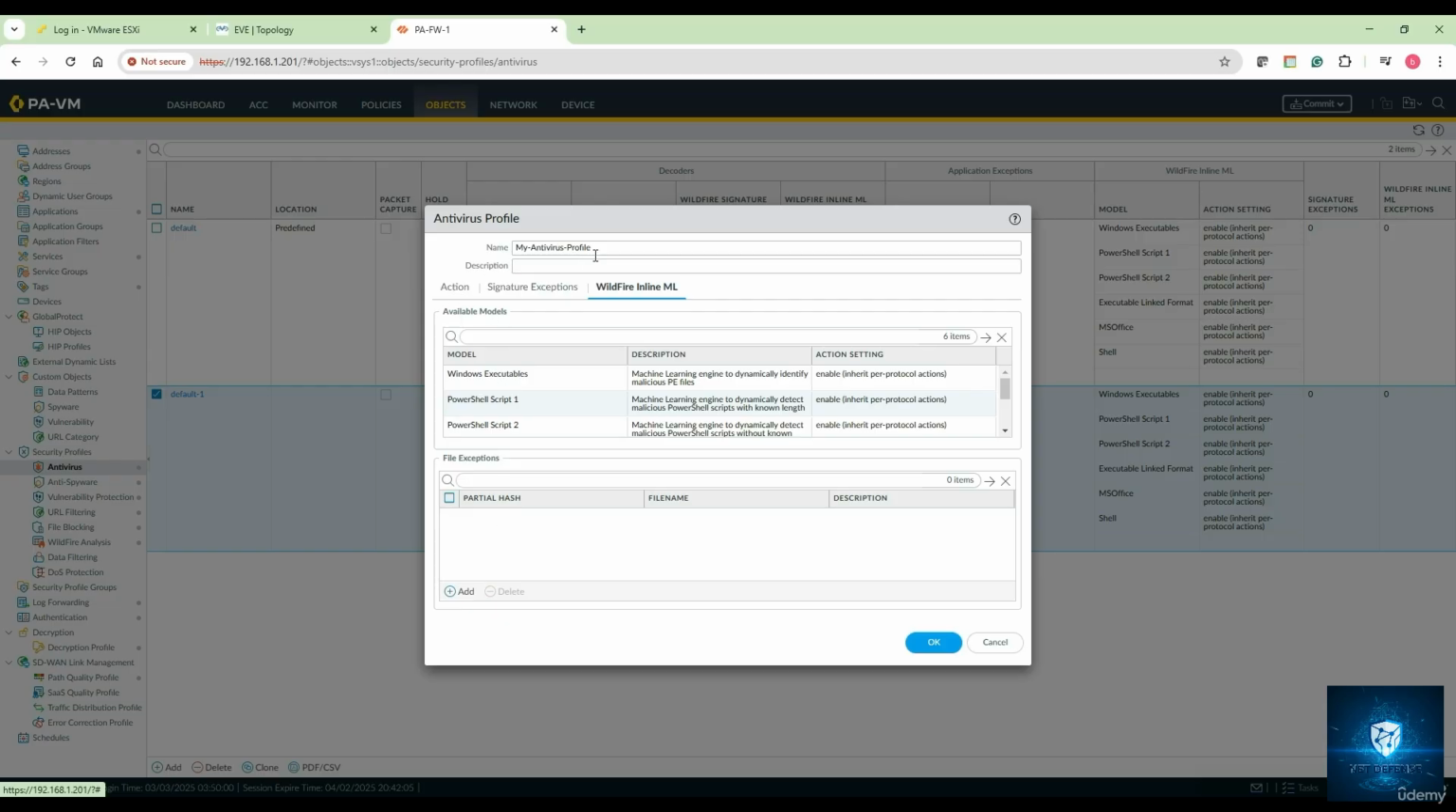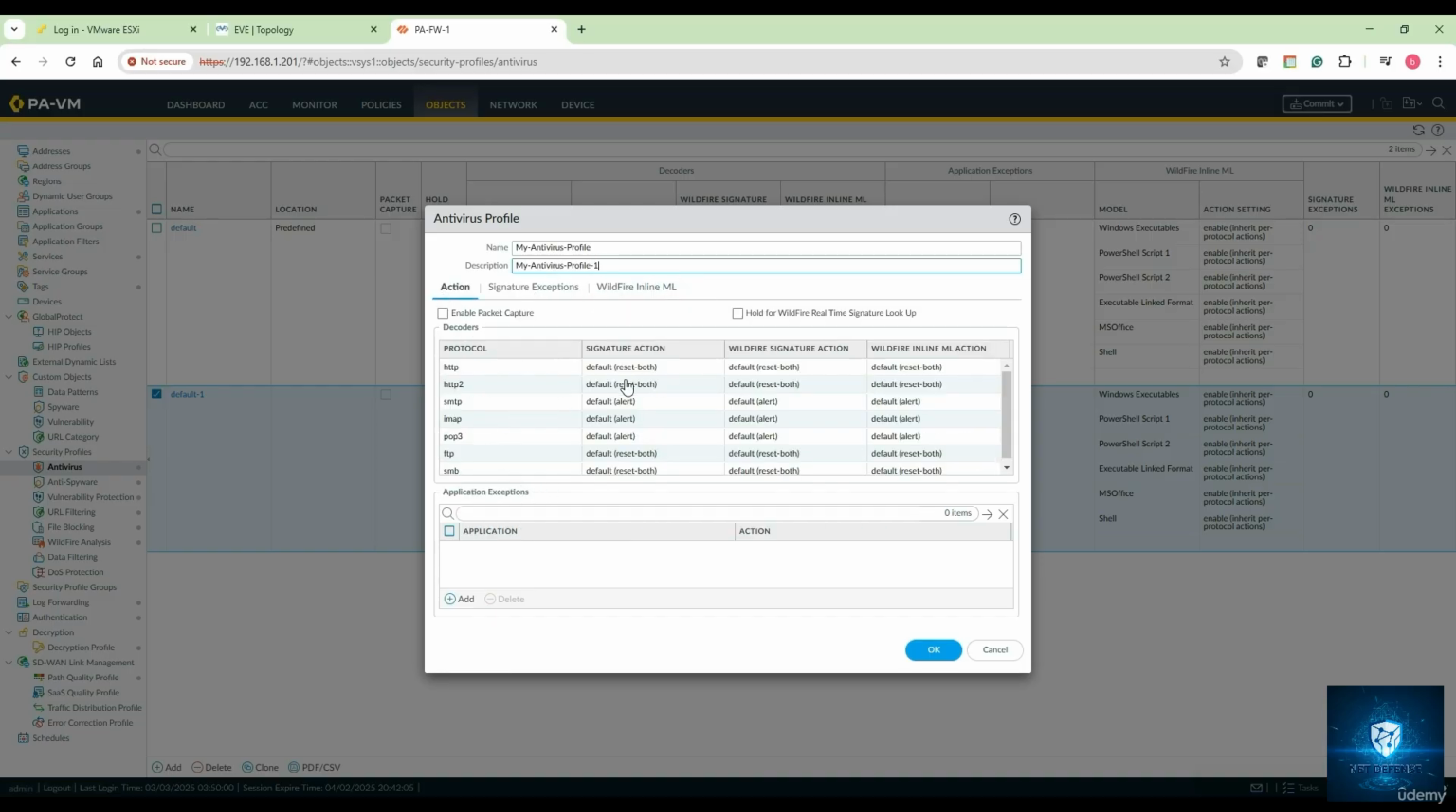Okay, so let's say this is my antivirus profile. If you want, you can add some suitable description to it. Say it's profile 1, something like that. Click on action, and you can go ahead and change the protocol action right now. So if you want, let us say for HTTP/HTTP2, to change that to the drop action, you can go ahead and select that drop action, right? So yeah,